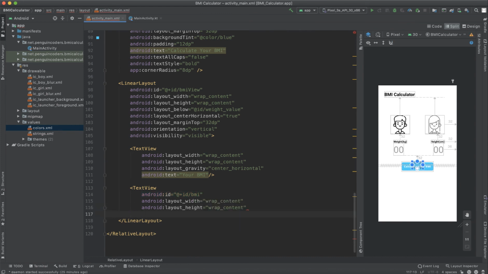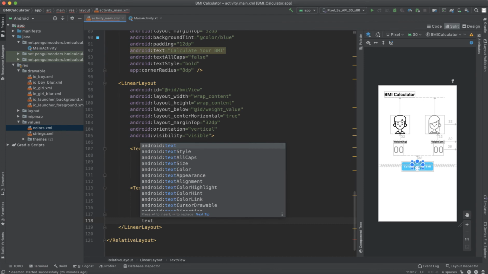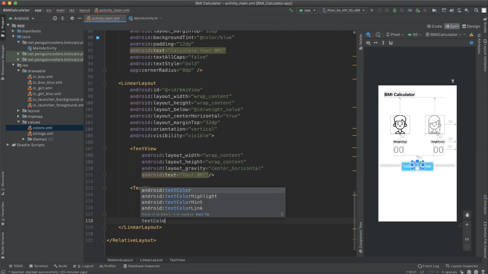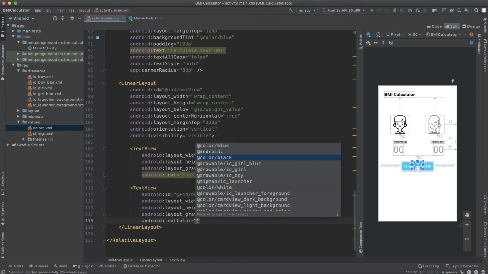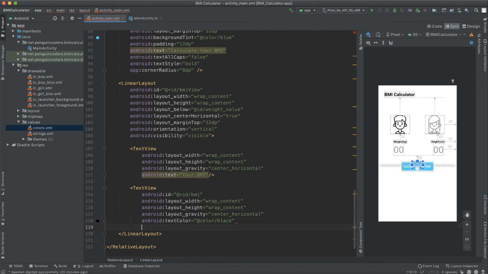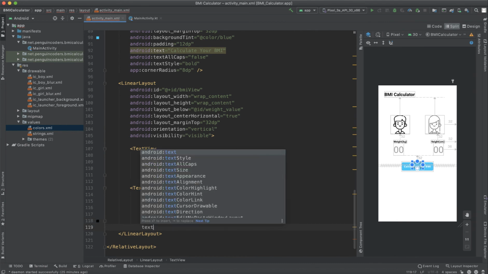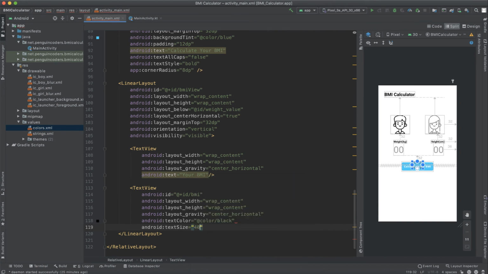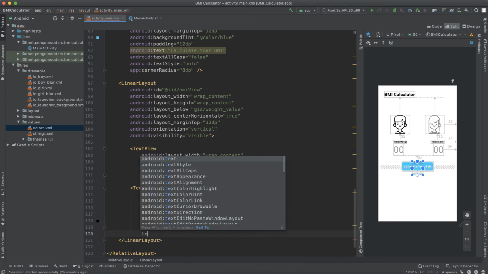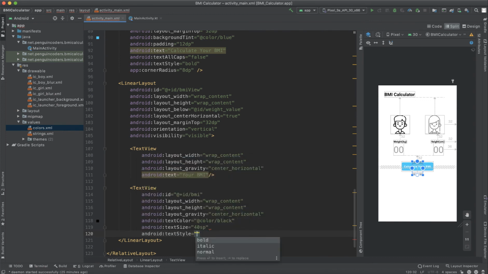Then we will add the layout gravity. Layout gravity would be center horizontal again, and we will have our text color. Text color would be black, and the text size would be some 40 sp, so that it looks large enough, and the text style we will keep as bold.